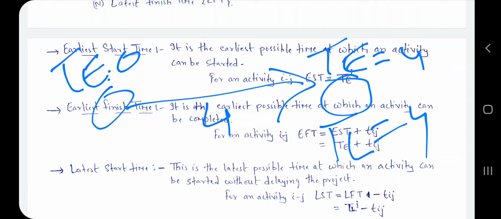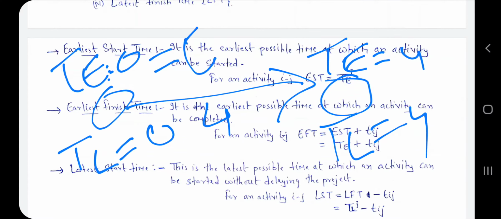So 4 minus 4, we get TL equal to 0. Now you have to find the earliest start time. So earliest start time is nothing but TEI, which is equal to EST. This value is the earliest start time for this particular activity.